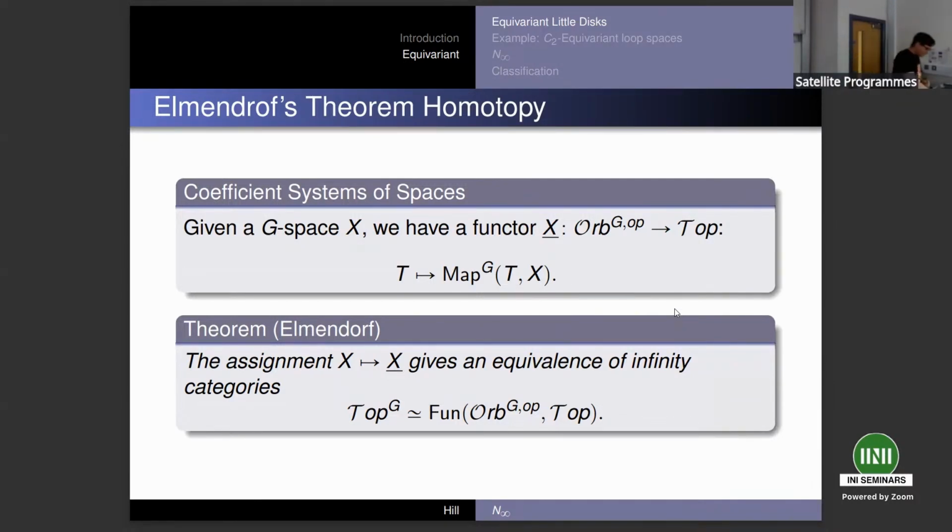Now, as an aside, that witnesses the right-hand side as a presheaf category of spaces. And then Dan Dugger showed that presheaves of spaces on some category is the free infinity category on that. So if I want to understand homotopy colimits out of that, all you have to do is tell me the value on the orbits.